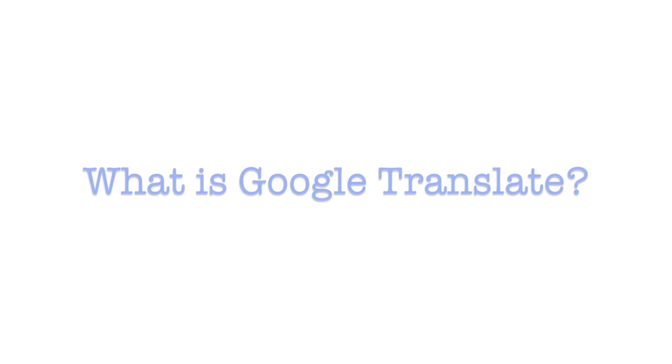Therefore, machine translation has evolved and continues to evolve with the introduction of technologies such as statistic-based or example-based translation, and this helps to improve the efficacy and the accuracy of the translation. So where does Google Translate fit in with all of this? Let's find out.